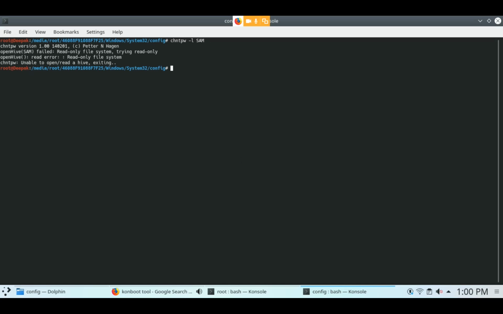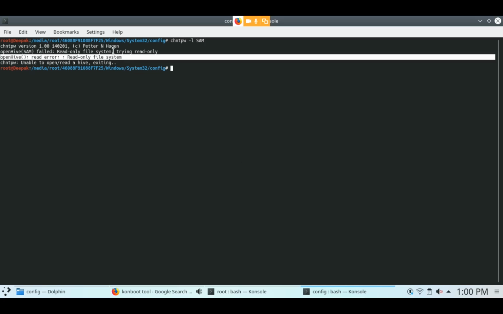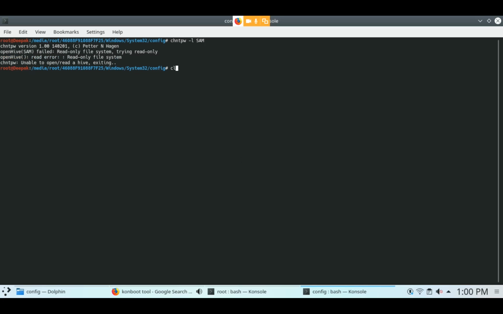But it will not work in my PC. chntpw is used to blank the SAM database and system database, to blank the password of Windows and the password of the system.